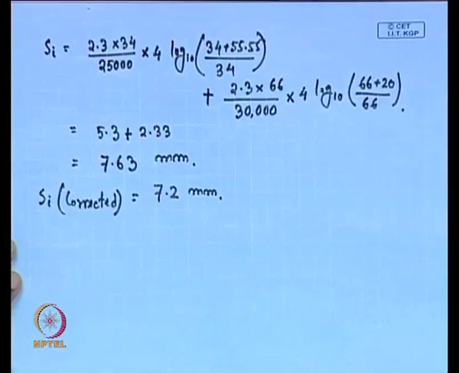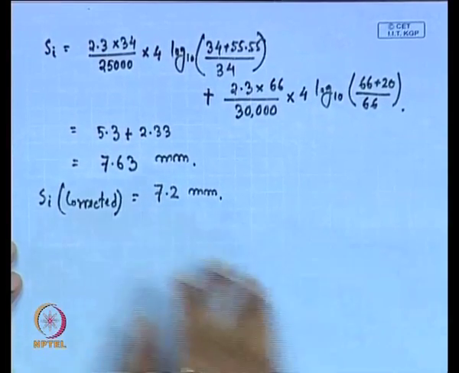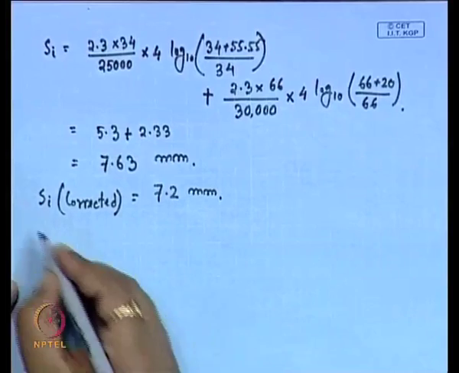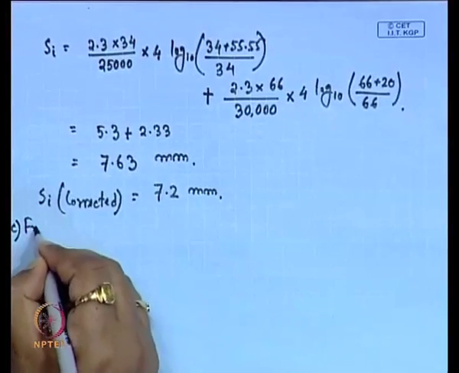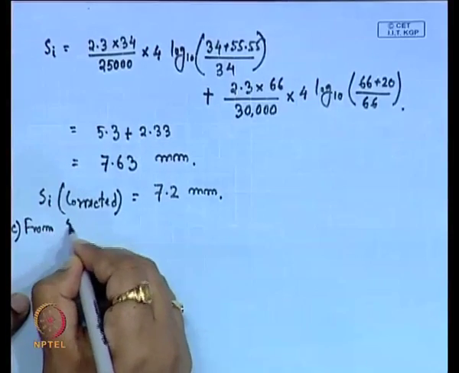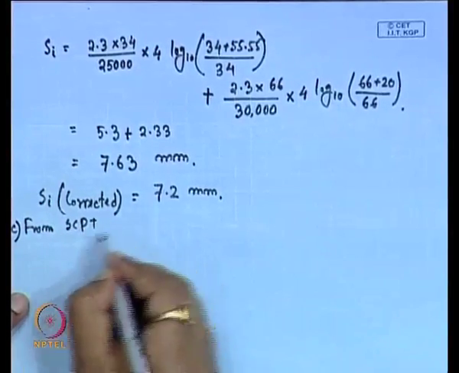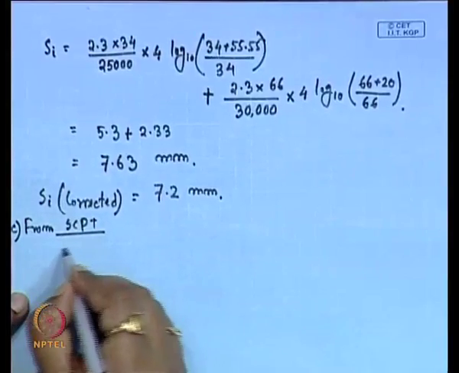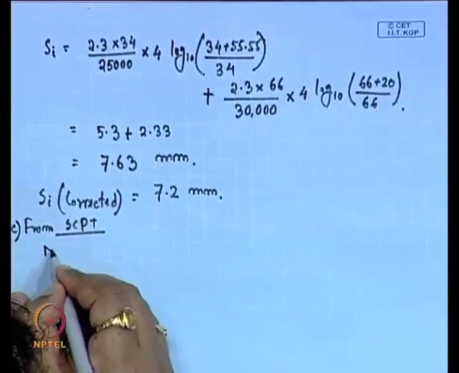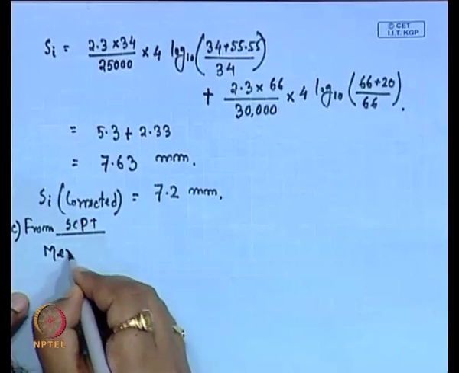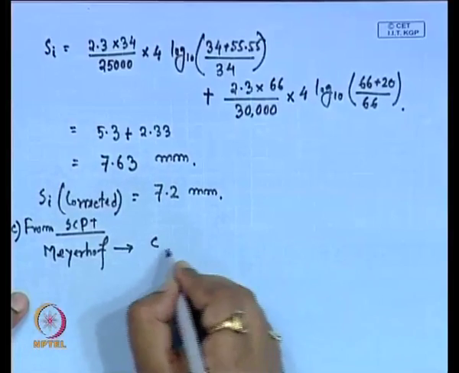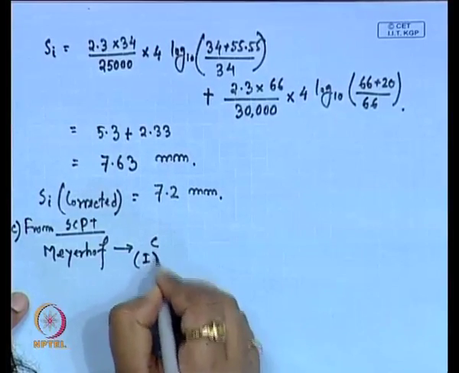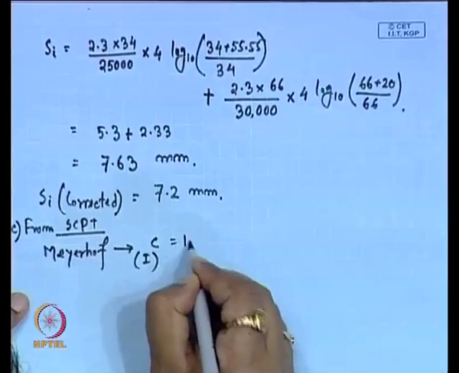Now, if I go for the next method, that is from the SCPT value. Here, first we consider the Meyerhof expression, where C for the first layer is 1.9,